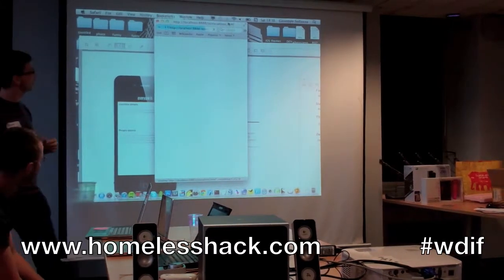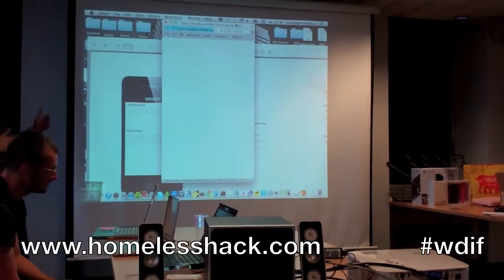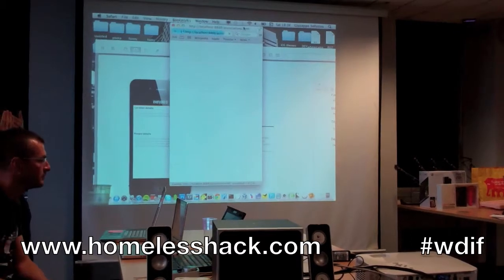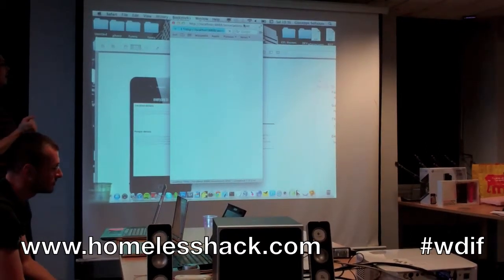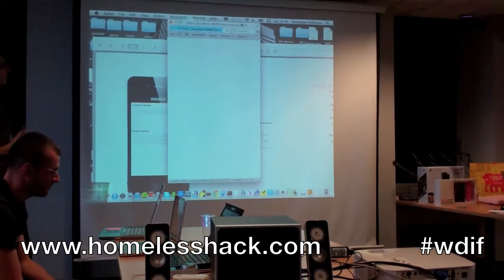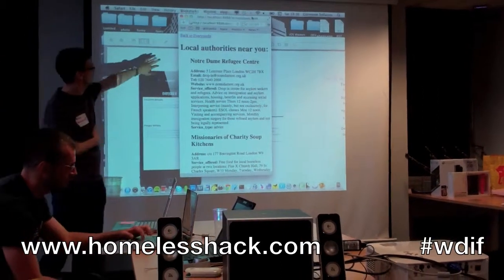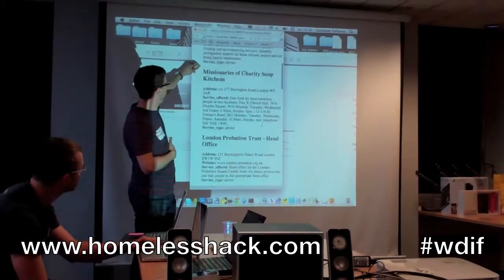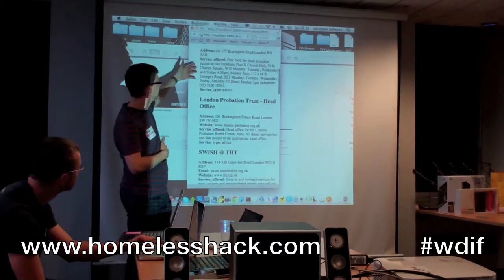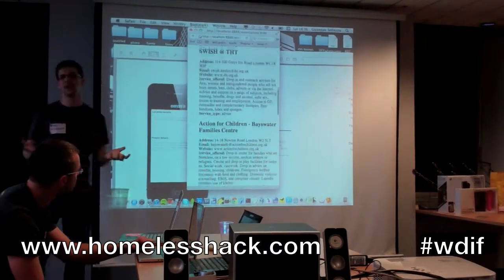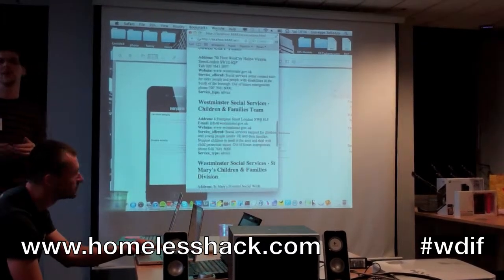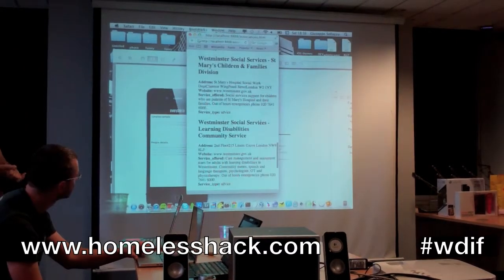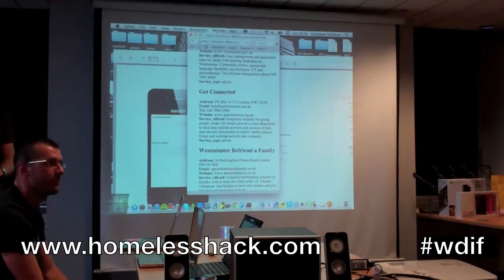Maybe we still make it, so it should now query the database depending on the location you put in, longitude and latitude, and give you a list of addresses and emails, similar to before, and the service offered. So if there's an emergency situation, you can directly contact one of these numbers. Any questions?